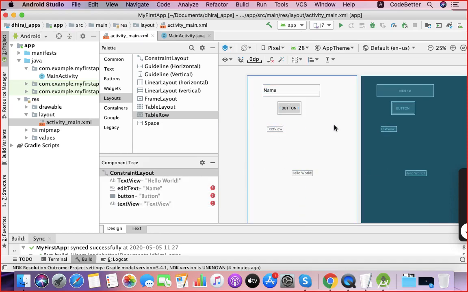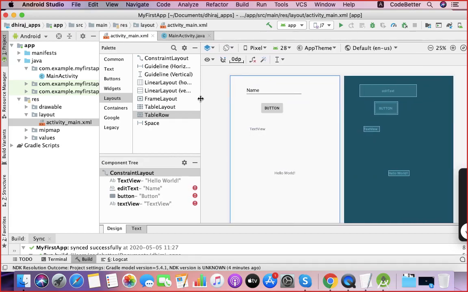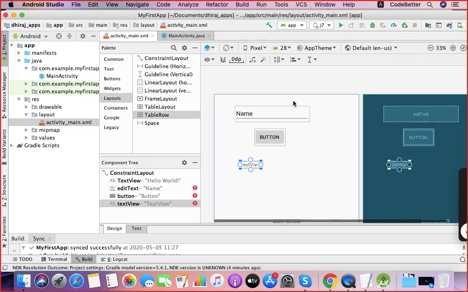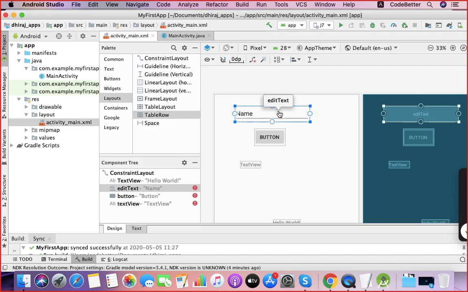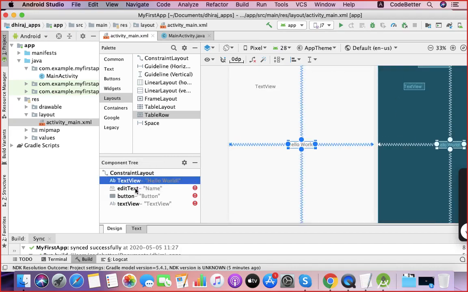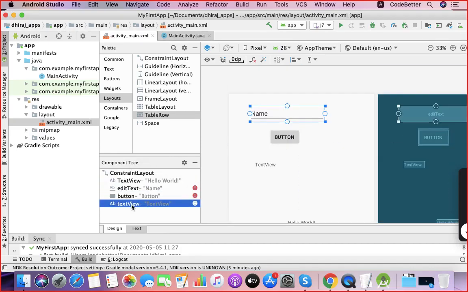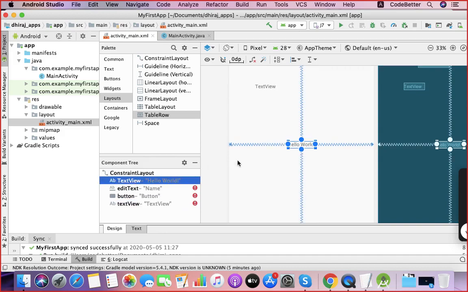So for the time being, we have, let's say, three elements on the screen. The first is the name field, which is of type edit text. You can see the type here. Then there is the text view, which means label. In other programming languages we generally call it label, but in Android we call it text view.